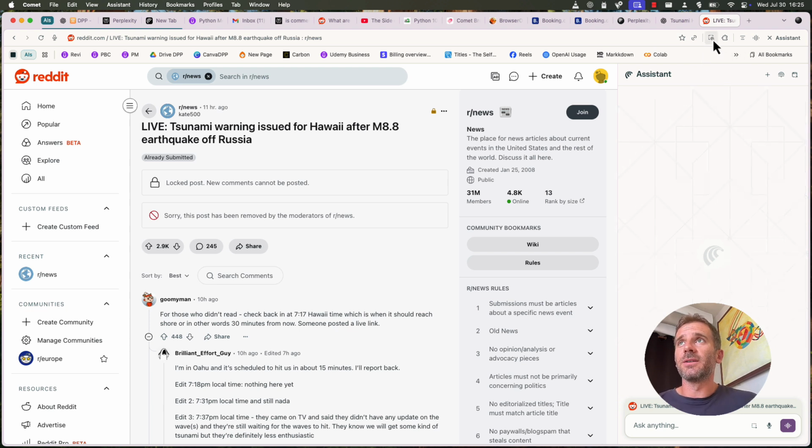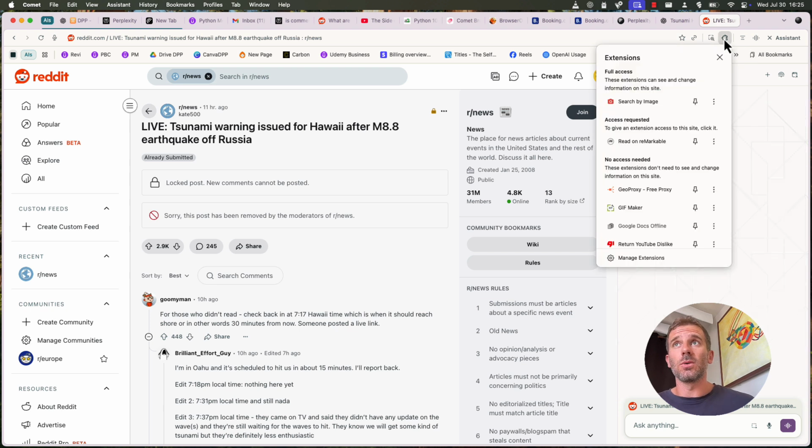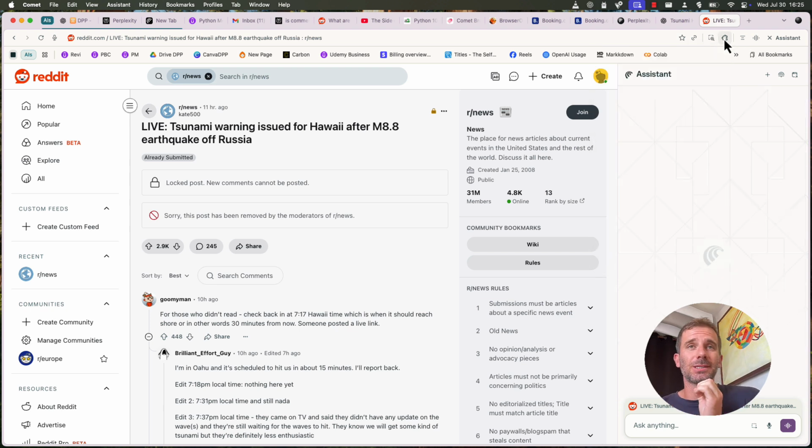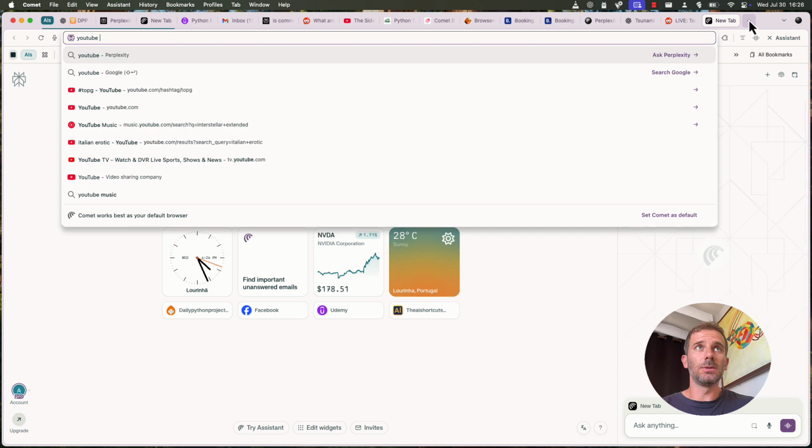Then here we have a zoom button, that's clear. We have the extensions. Now, about the extensions, you can install anything, any Chrome extension into Comet. So regarding extensions, everything is solved. Everything you had in Chrome, you can install in Comet. For example, I want to install the YouTube dislike